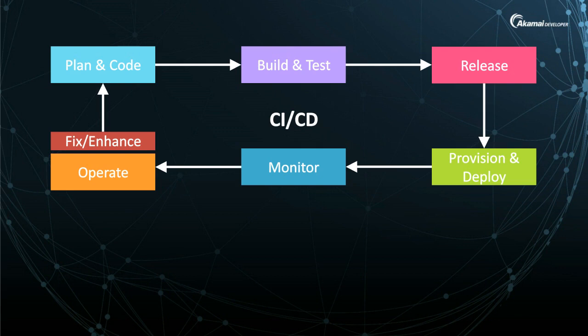So let's look at our traditional CI/CD pipeline. As a developer, forgetting CDNs, forgetting Akamai for now, think of any other piece of code that you're developing in your CI/CD pipeline. As a developer, you want to start planning and start doing some development work. Maybe you're using a Git repository to source control some of your code, as soon as you check something in, you want to kick off a build, test this out, release it, maybe provision it via Terraform,